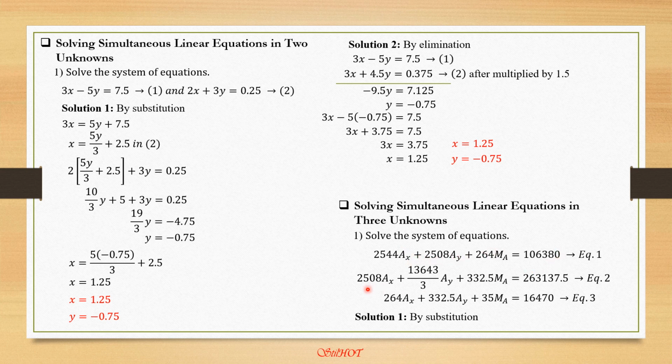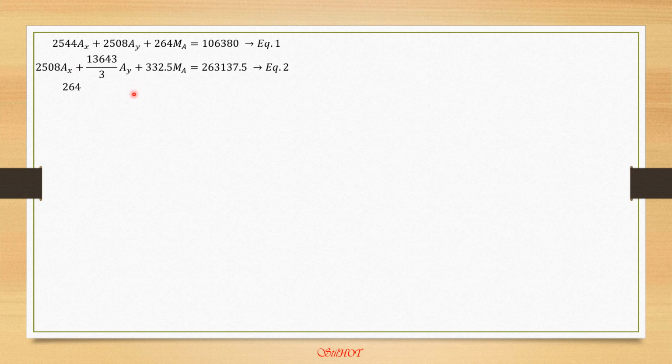Same is true with the third equation. It's easier to express ax in terms of ay and ma. Then we substitute this into equation 2 so that we'll have ay and ma as the unknowns. So let's write again the 3 simultaneous equations. So another way is to